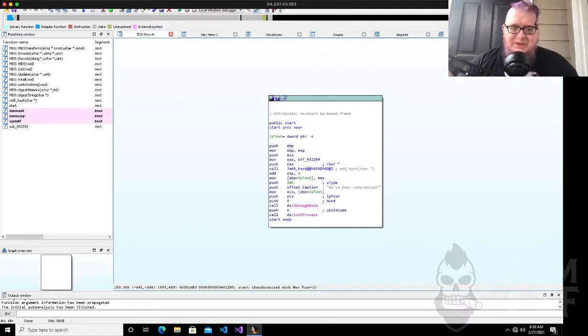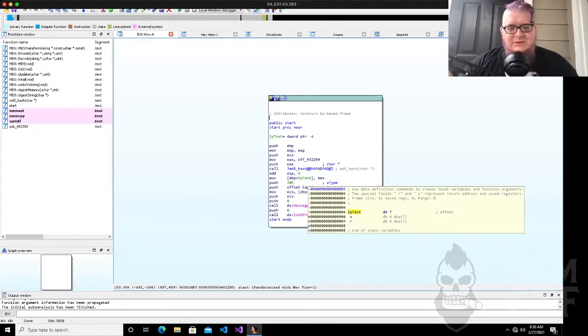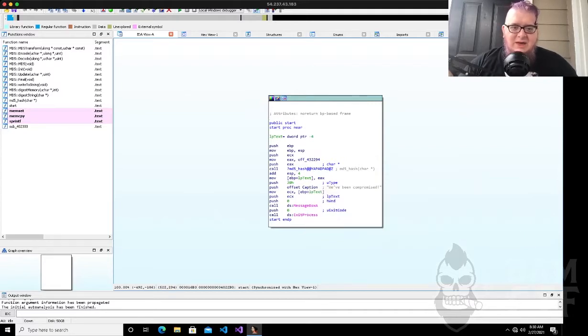We're adding that to the stack. So we're using the base pointer plus LP text, adding it to the stack, and then this is putting 30, so that's hex 30, to the top of the stack. So that's a U type. This is probably a variable that the MessageBoxA needs. Then we set the caption. All right, moving that to ECX, setting another variable here to 0, and then we call the MessageBoxA,